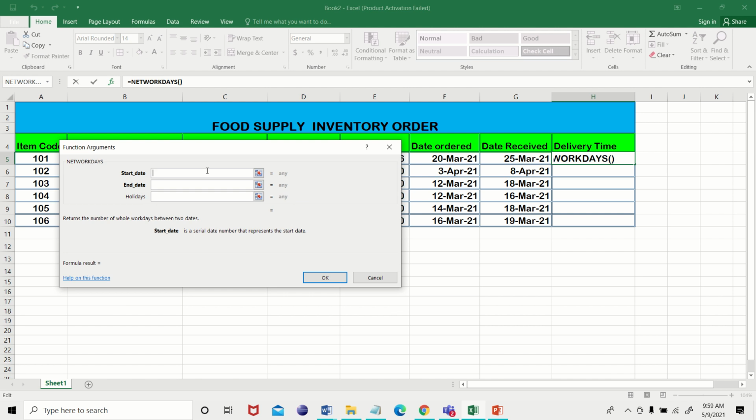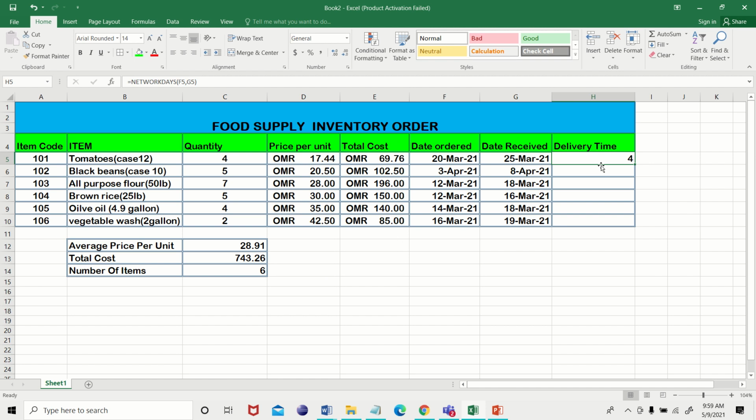Say okay. Now what should be here? Start date will be F5 and end date will be G5. Now press OK. You will get the delivery time. Now just go here and drag it down. That's it. You are getting the delivery time.